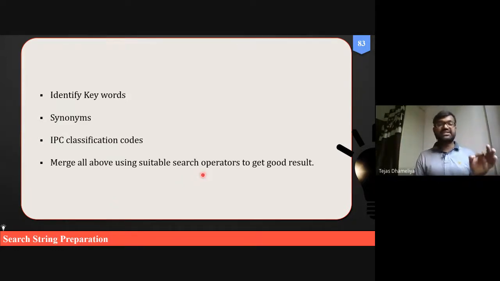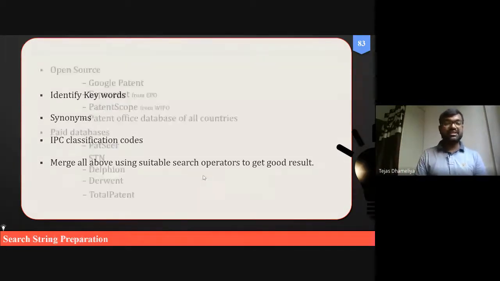And it is always suggested that whenever you are doing your search, you should do more than one search to make sure that whatever articles and patents exist, they have been covered within that patent search. Otherwise, later on your patent examiner will comment, why haven't you referred to so and so patent reported by so and so et al in this year, right? That comment may arise if you have not done a thorough literature or prior art search. Okay, I hope that I am able to make you clear about this.